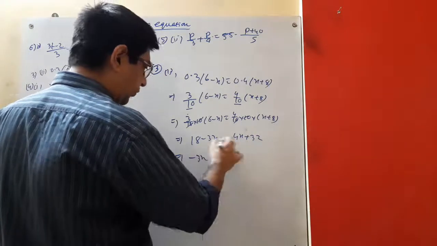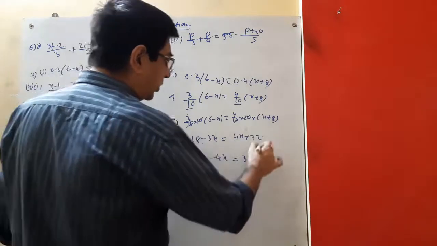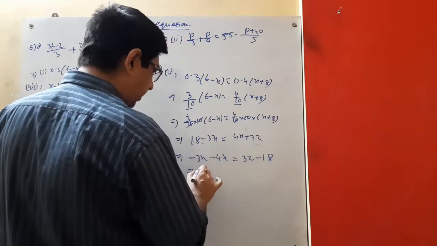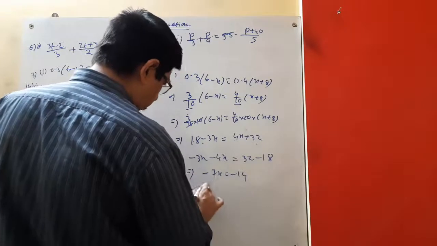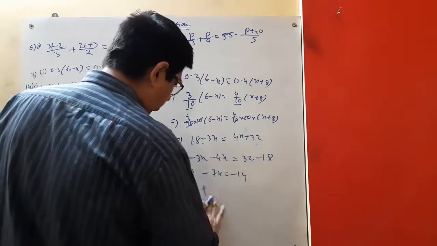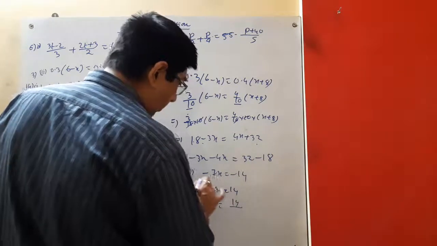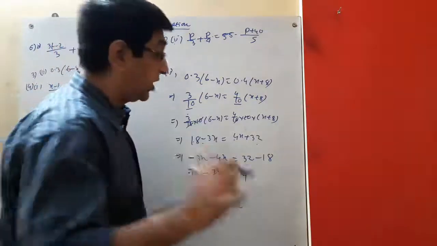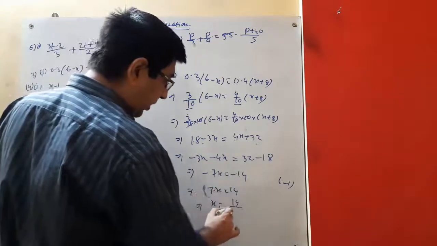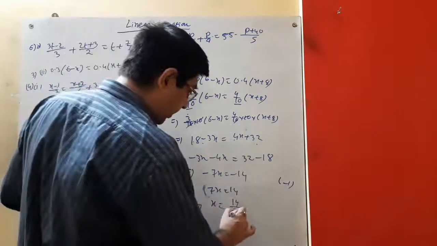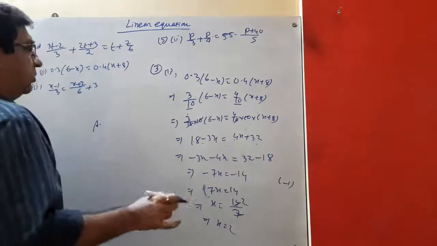Now minus 3x, this 4x will come to this side, so plus will be minus, equal to 32. This 18 will go to this side, that means minus 18. So it is coming minus 7x. It is coming 14, right? So the minus cancels, or you can write 7x equal to 14, or multiplying both sides by minus 1. So plus 7x equals plus 14. So x equal to 14 by 7. So that is 2. So x equal to 2. So the required solution is x equal to 2.